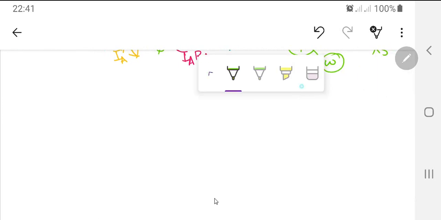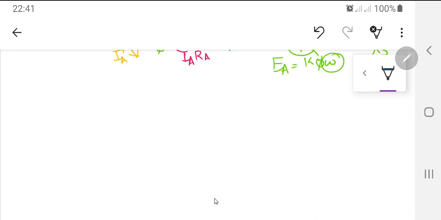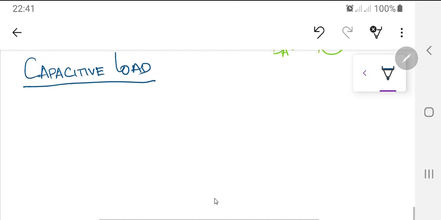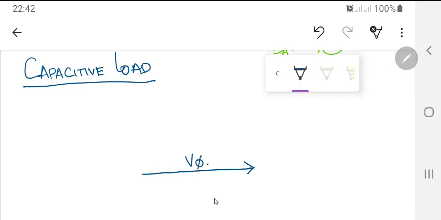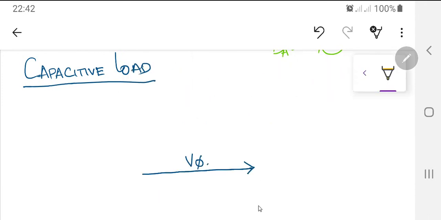The capacitive load, which is very important over here. Now when you have a capacitive load, this is a very interesting diagram. Why interesting? Because here this is my V phase and I now have a leading current. So when I have a leading current,